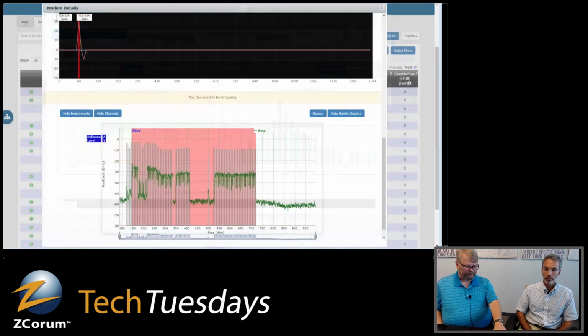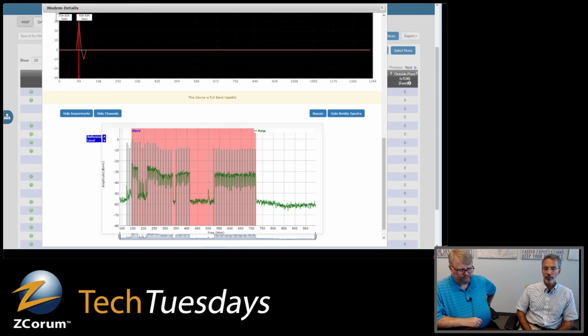And then a nice feature here is if the modem is full band capture capable, this is on the downstream, but we show the downstream spectrum that is being captured. The last capture that we got on that. Full band capture capable modems basically turn those FBC modems out in the field into spectrum analyzers for the downstream. So it's nice to be able to look there and see what issues you have. In this case, it's automatically identifying something that looks like a wave. We got a standing wave early in the signal, and then a little bit of an amplitude. But for the most part,